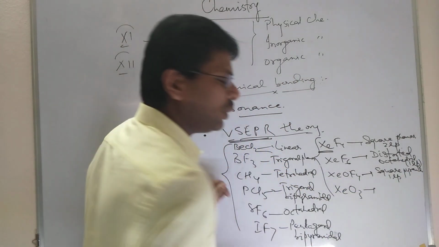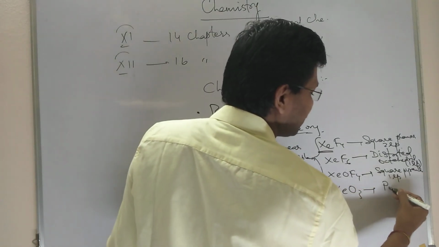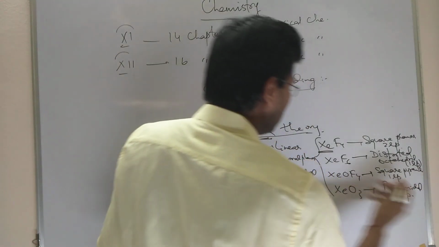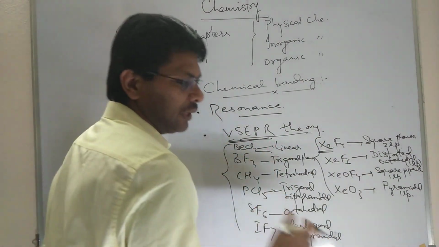If we see XeO3, it is similar to ammonia. It is a pyramidal molecule with 1 lone pair. So these are the important questions which can be asked from VSEPR theory. Now moving to